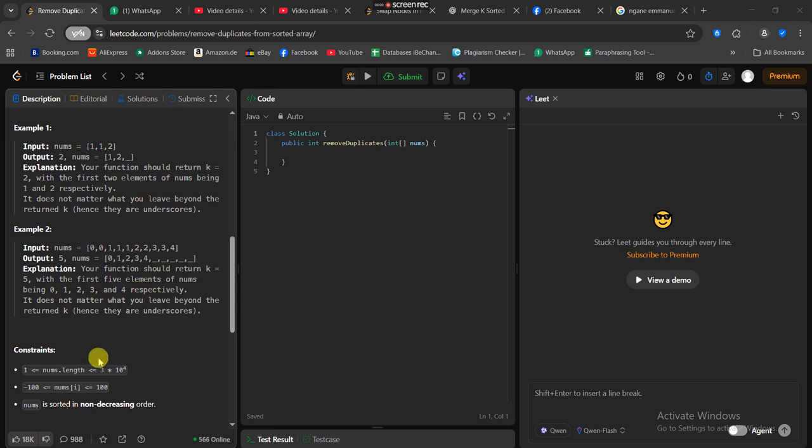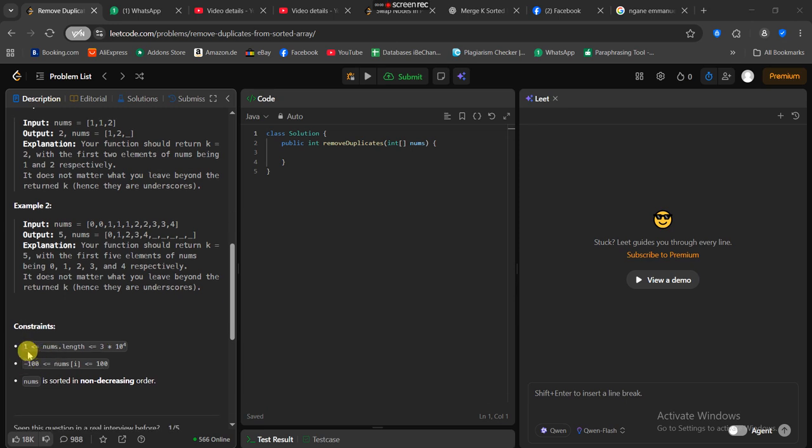And then you have the constraints here. nums.length should be between 1 and 3 times 10 to the 4, and each nums[i] should be between negative 100 and 100. nums is sorted in non-decreasing order. Okay,